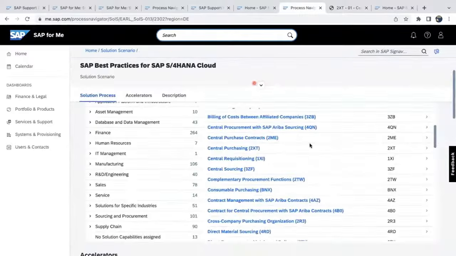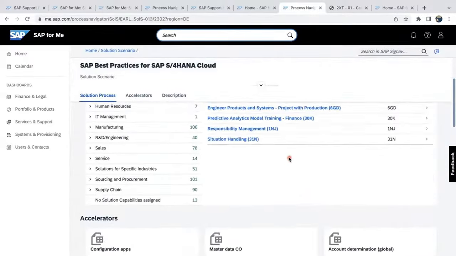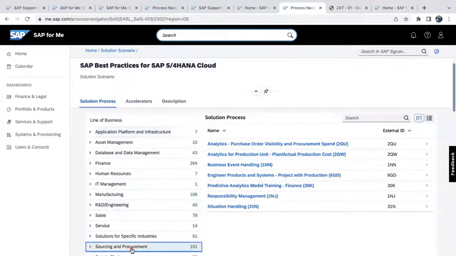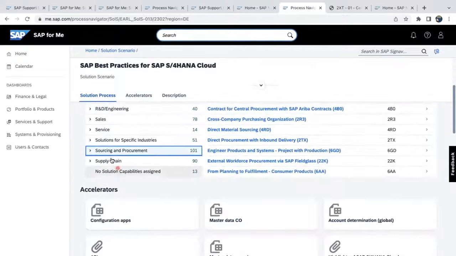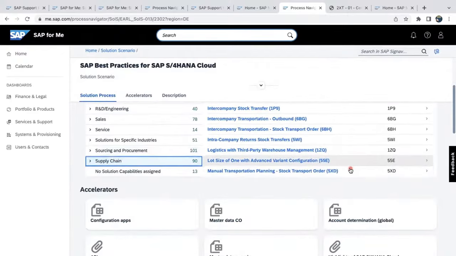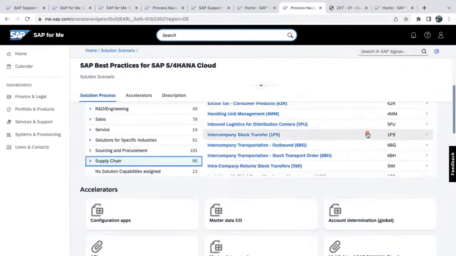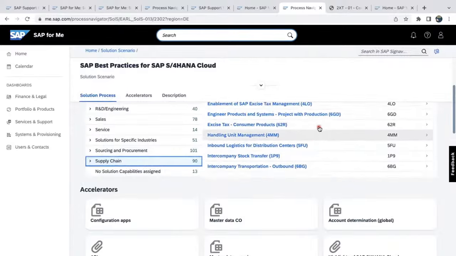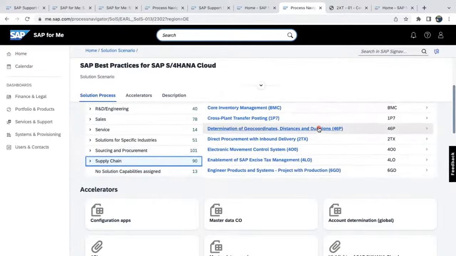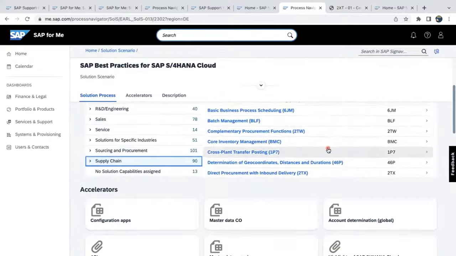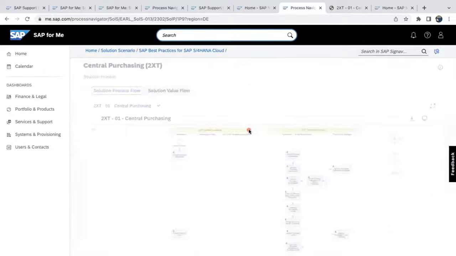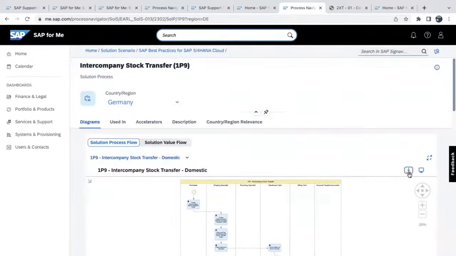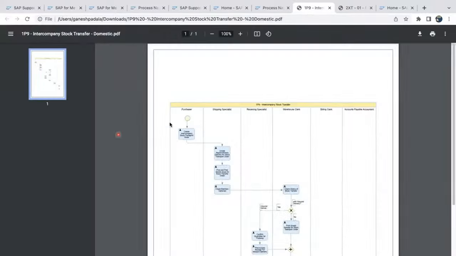Okay. So for example, central purchasing and sourcing and procurement. Okay, let's check if there is anything under supply chain. Last, third-party warehouse, intercompany stock transfer, inbound logistics, handling unit management, there are nice cross-plant transfer posting. Okay, let's check it. This intercompany stock transfer. So how is the intercompany stock transfer process? And here you can go for intercompany stock transfer,